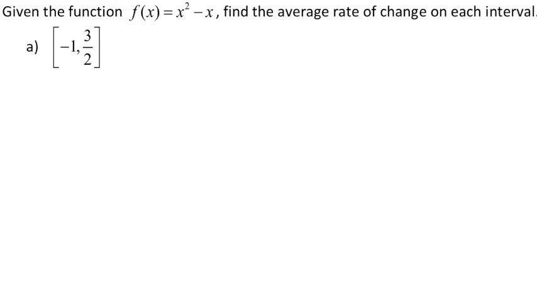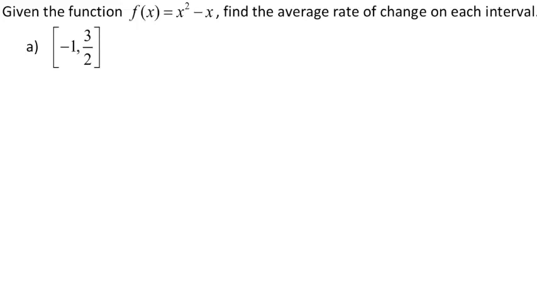Let's look at how to take a given function and find the average rate of change on an interval. So first, let's start with an interval where we're given a numeric value for a starting point and an ending point. What we need to do first is find the outputs that go with each of these inputs. So we're saying from x equals -1 to x equals 3/2, what's the average rate of change on this particular